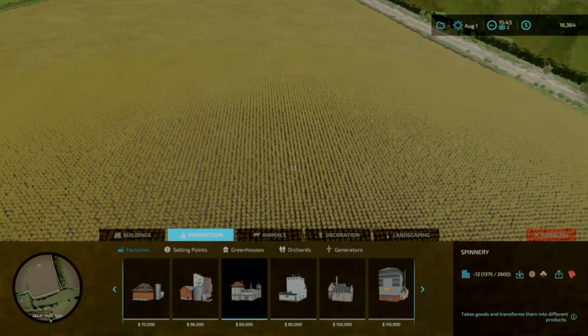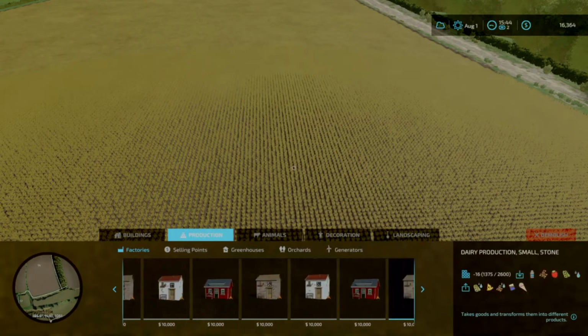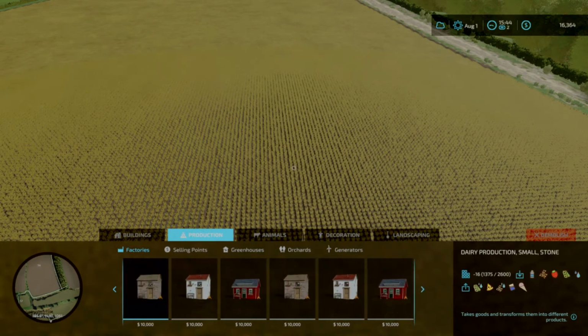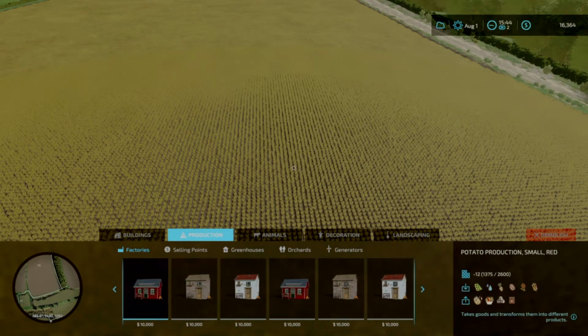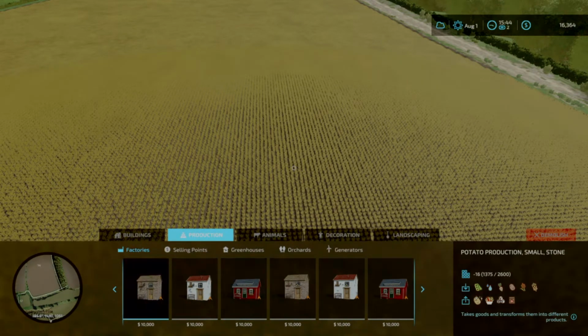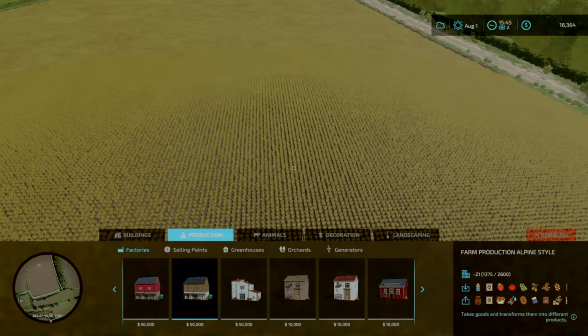Yeah, so if we would put in a production facility here, we go cereals, oil, fruits, dairy, bakery, potato. This one here we can produce pig food, sugar, French fries, and washed potato, premium potatoes out of it. What's the soybeans for? Yeah, if you're doing these farm production buildings, they do all of it, but...